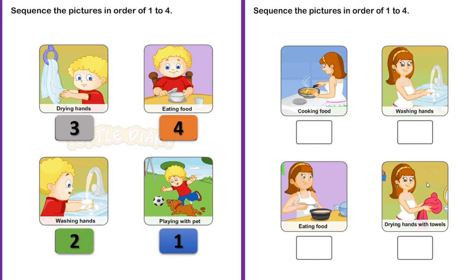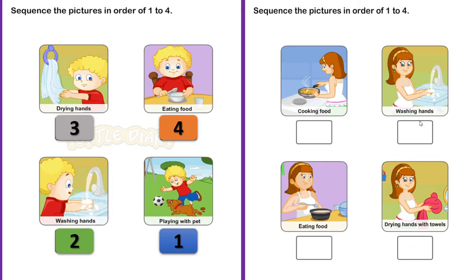Okay, see here. Now this girl is cooking food. Second picture tells that she is washing hands. Here eating food and drying hands with a towel. Correct? Now again we have to number them according to their sequence. Come on, help me to number this. Yes, very nice.